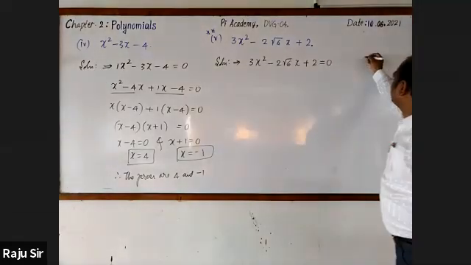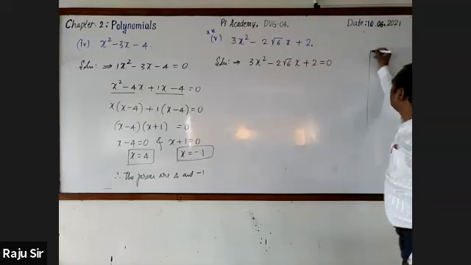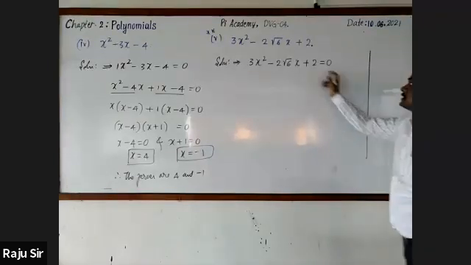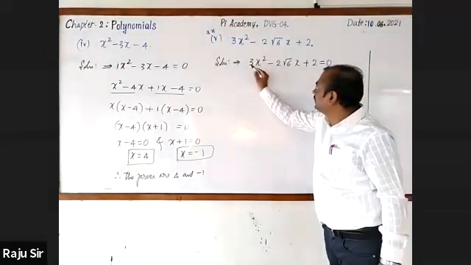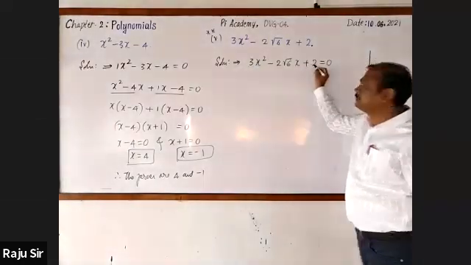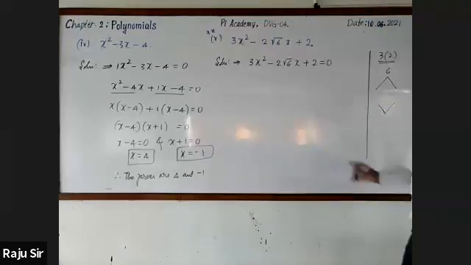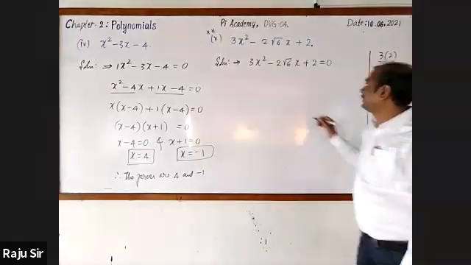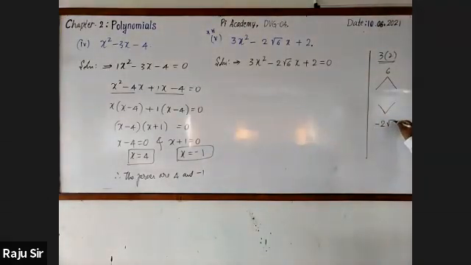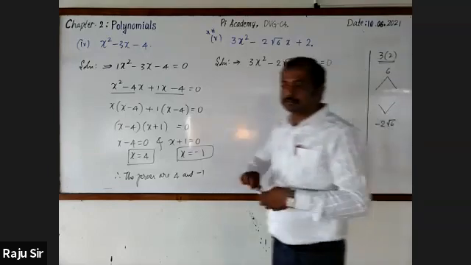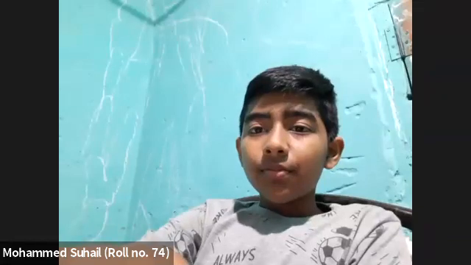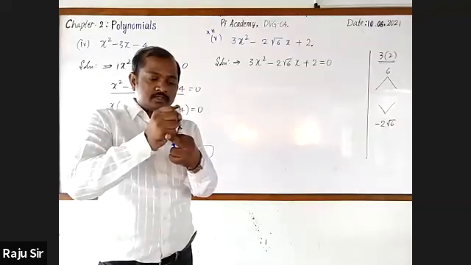First we have equated that to 0. Next step, we have to multiply first and last term by taking the coefficients. Here is 3, here is 2. 3 into 2, this is 6. Next, let us write the middle term. Middle term is minus 2 into root 6, which we split as minus root 6 plus minus root 6. Yes, it is right. Yes, students.